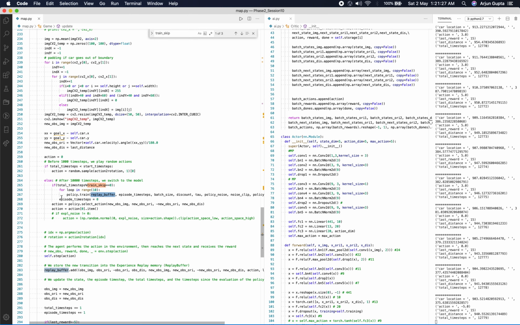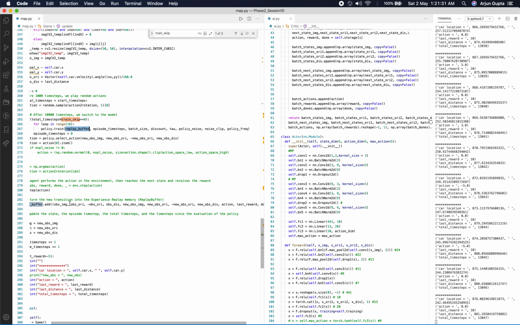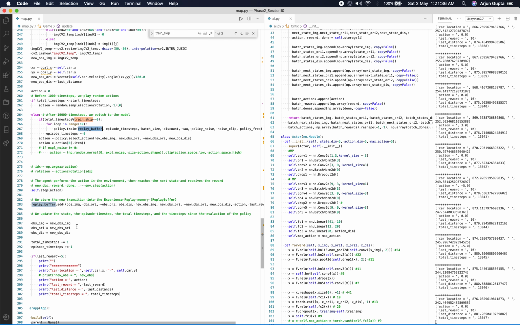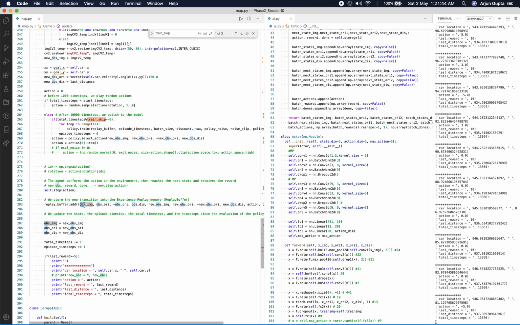Once the training is done, it comes outside, and in the replay buffer we can see all the parameters that we have passed. So the parameters are actually current state, next state, action, last reward, and done. So the current state includes current object image, orientation, negative orientation, distance from the goal, and the new state involves a new image, positive, negative orientation, and the new distance.